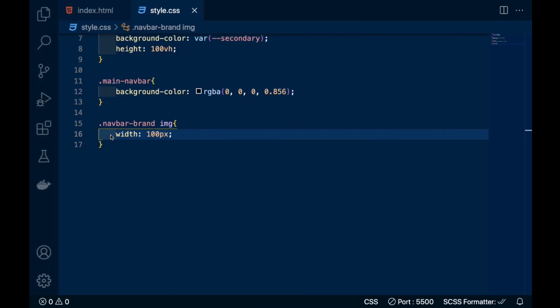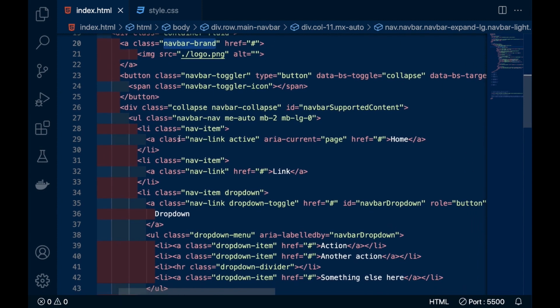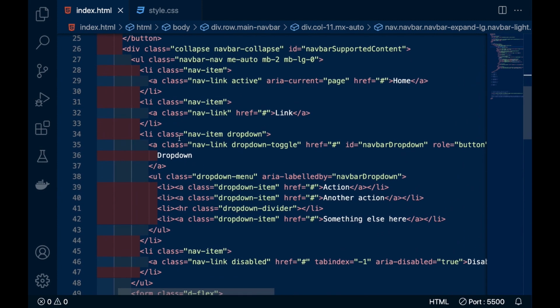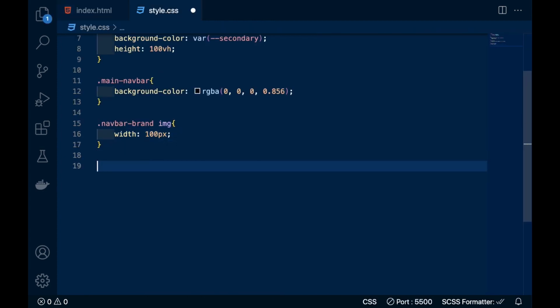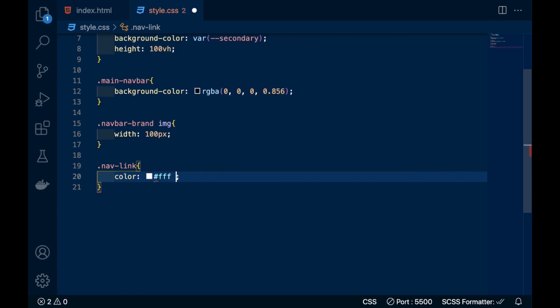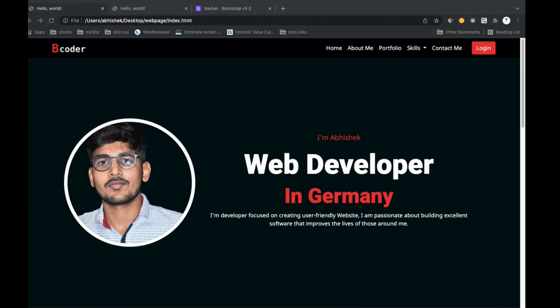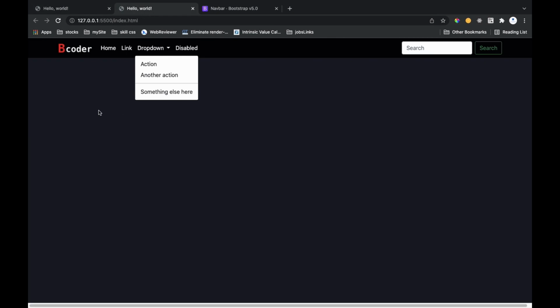So now we will change its color. For that you have to first see where it is written. What we are changing is home, link, and drop down. This one we are going to change. So here first, after seeing this, check what class it is containing. Here it is containing a class called navlink. So copy the navlink and go into your CSS, paste that, write a color. So here you can see we have changed our color.